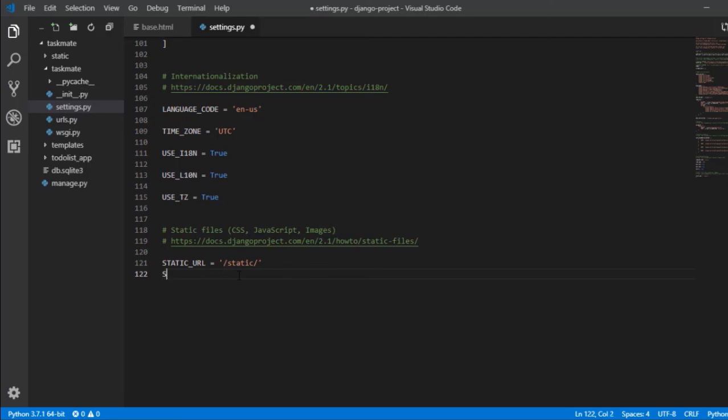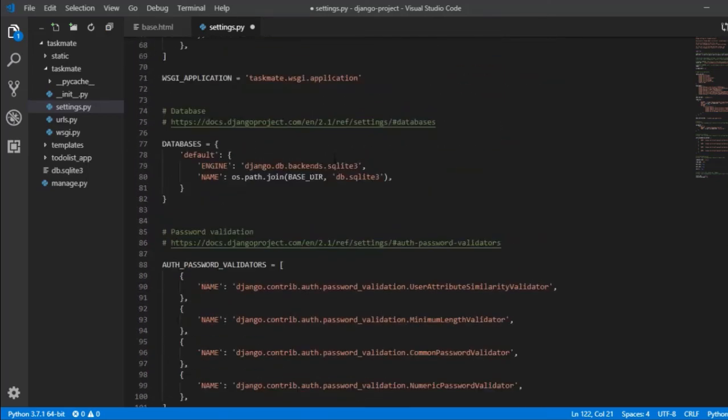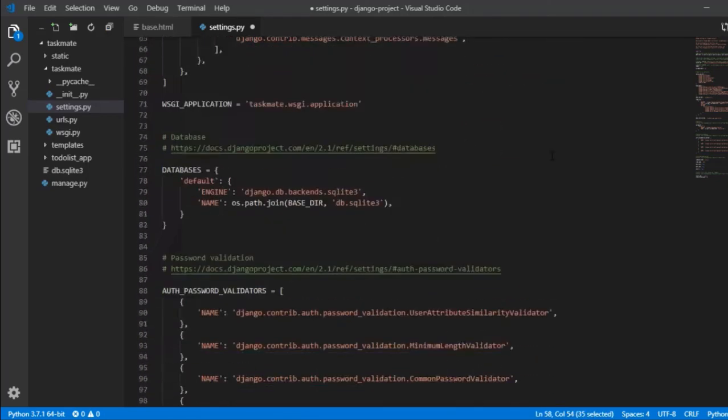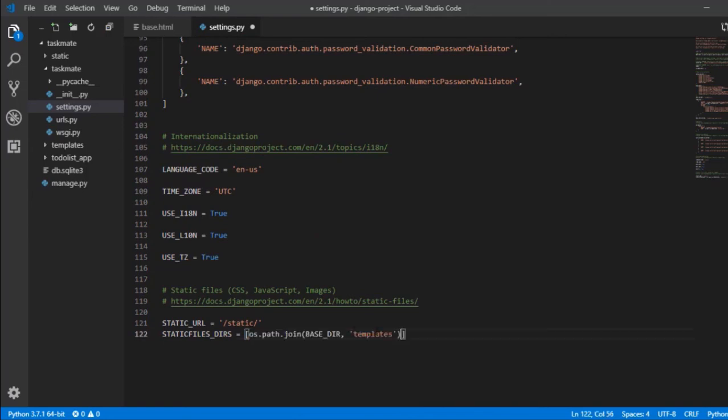All you have to do is just mention the directory, your STATICFILES_DIRS, that is your directory, and then you have to pass a list, and inside the list you have to provide your particular directory name. We have followed the same while our template folder. So all you have to do is use your os.path.join and then your base directory and then the folder name in which you are storing your static file. Remember, if you are storing your static file inside templates, just mention template here. If you are using a different folder, that is static folder, just mention static folder.